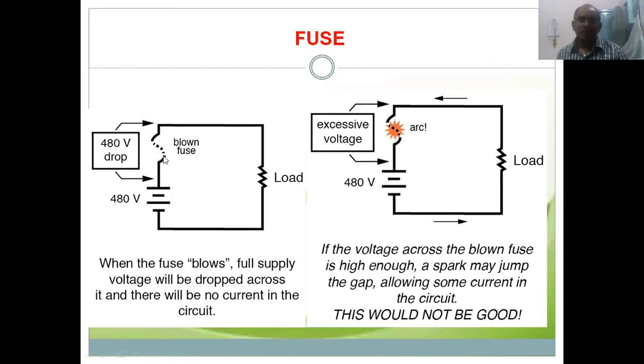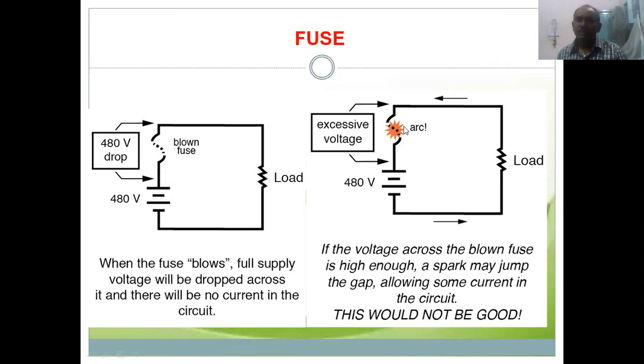Under normal condition, the switch is in closed condition. Then what is the voltage across this one? Zero voltage. When any fault occurs here, the fault point draws more current. That current has to flow through the fuse wire. The fuse wire may not bear that much current. It will heat up and blow. Then when it is open, the voltage across the open contacts is nearly the rated voltage, 480 volts, dropped across these two terminals. If the gap is small, then what will happen?